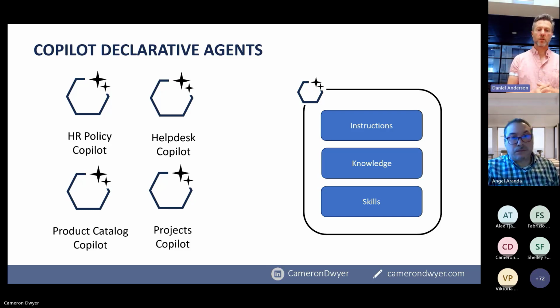And you can see how that could work with an HR policy copilot, where you're giving it very narrow, trusted sources of information and saying you can answer people's questions, but only off this information. And what it can also do is we can bring skills into it as well. So you could think if we did a help desk copilot, your knowledge base might be all of your knowledge base articles, but your skills would be things like, well, let a user create a ticket in our help desk system. Let them ask what the status of their tickets are. Let them close a ticket so it can perform actions as well.